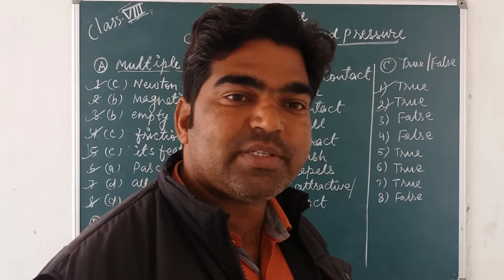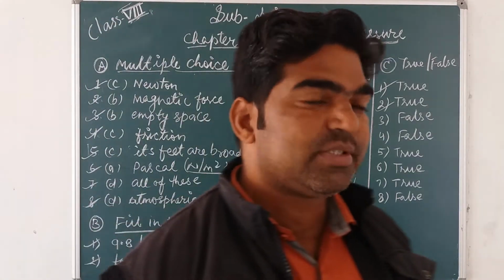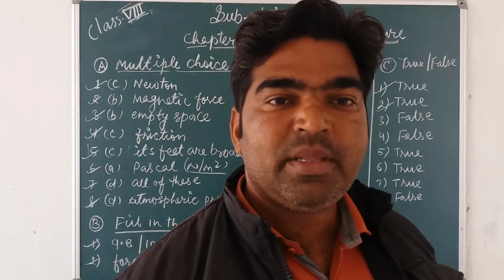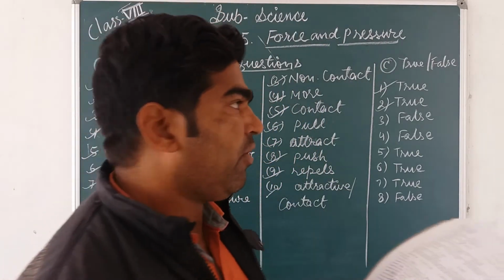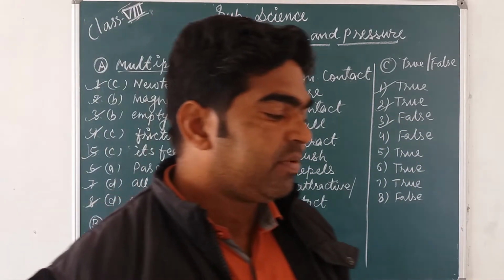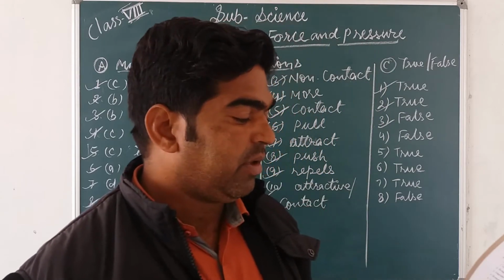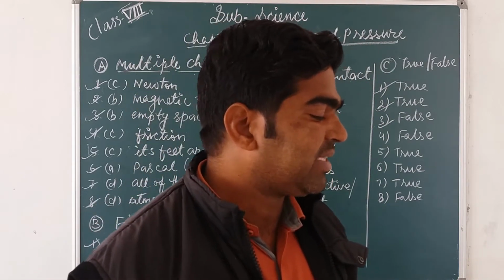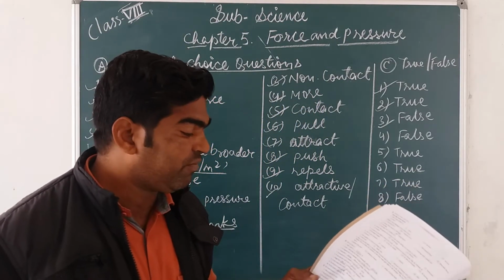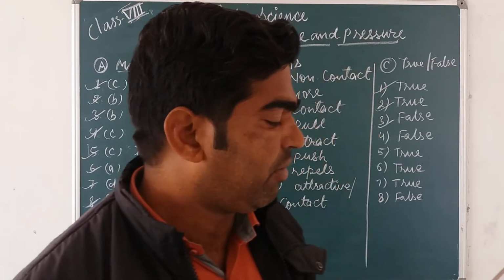Next one, third statement: the SI unit of force is a Pascal. The SI unit of force we discussed in the first MCQs. What is the SI unit of force? That is a Newton. But Pascal is the SI unit of pressure. So it's false. This statement is false. Instead, if it says the SI unit of force is a Newton, then it is true. Or if it is written the SI unit of pressure is Pascal, then it is also true. But here the SI unit of force is Pascal, so it's totally wrong. Okay, so it's false.